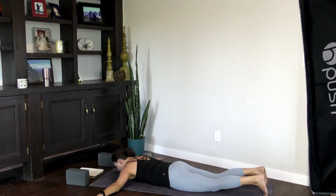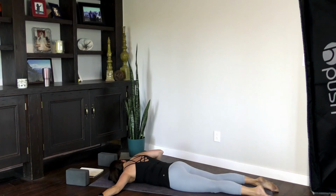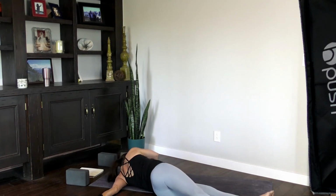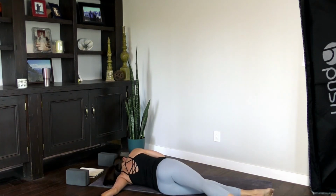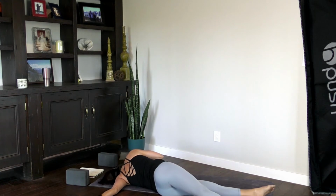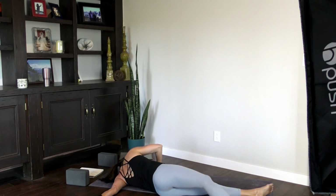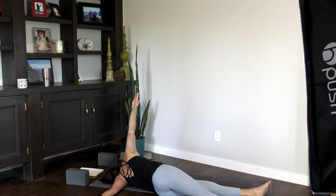Switching sides. So tee out the arms are parallel to the top of the mat. And you really have to press into the left hand. On your exhale, slowly roll. You might have to make adjustments here to really get as much opening in the left shoulder as you can. And again, your right leg can be straight or bent. I like mine straight. You can stay right here or bring the right arm up, flip the palm,